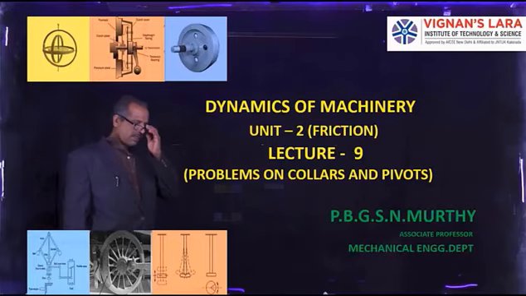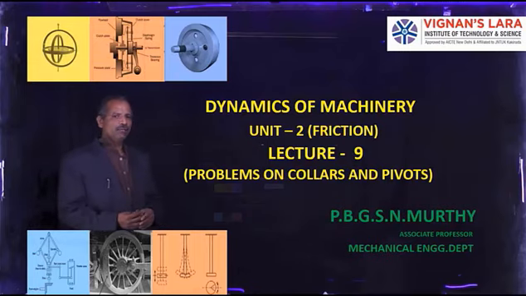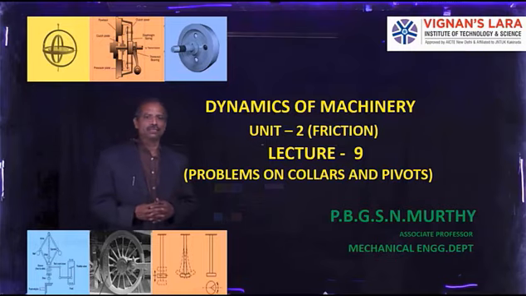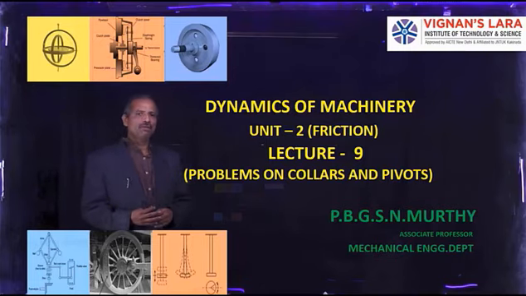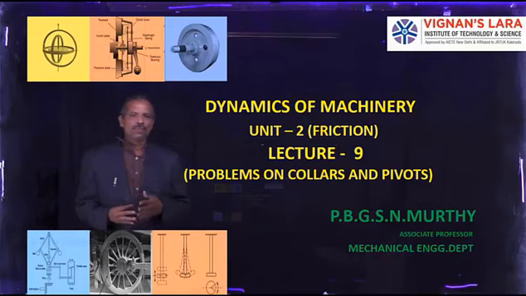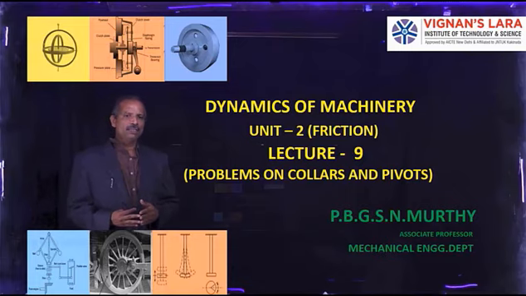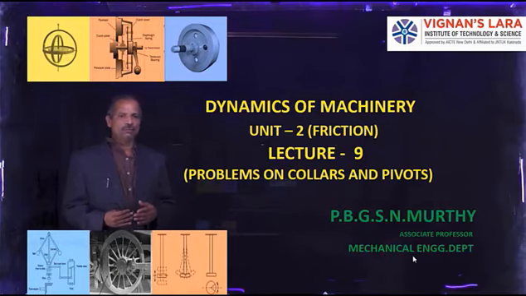In the last lecture, we have seen how a clutch works and what the different types of clutches are. Before that lecture, we had already gone through the equations associated with uniform wear theory as well as uniform pressure theory. So today I would like to discuss three problems based on the previous discussions, that is, uniform wear theory problems, uniform pressure theory problems, as well as clutch problems. We will see those three cases in three problems. So let us start the first problem.